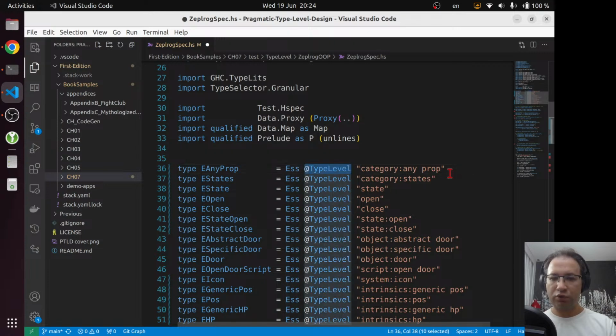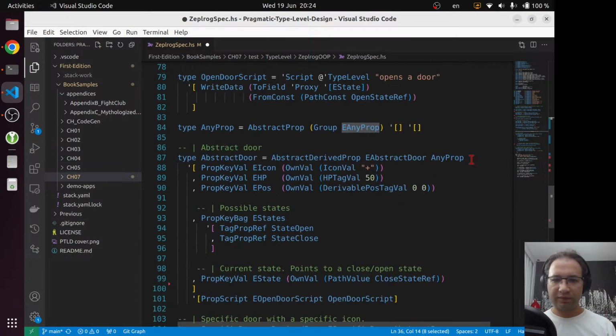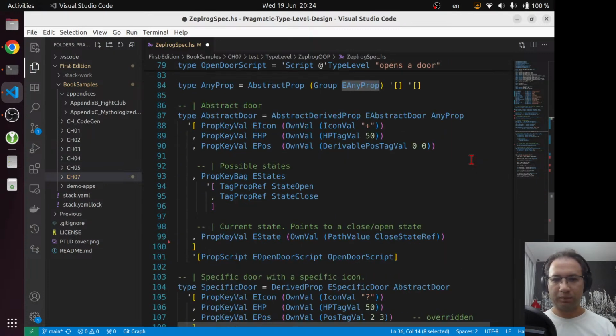And to specifically denote that it's a type level feature, I use that so-called granular type selector design pattern. You won't find this design pattern anywhere because I invented it. So I use it to separate type level and value level, and I'll show you how it works. But let's just look at this thing as a key, as an identifier for our bits, because every property should